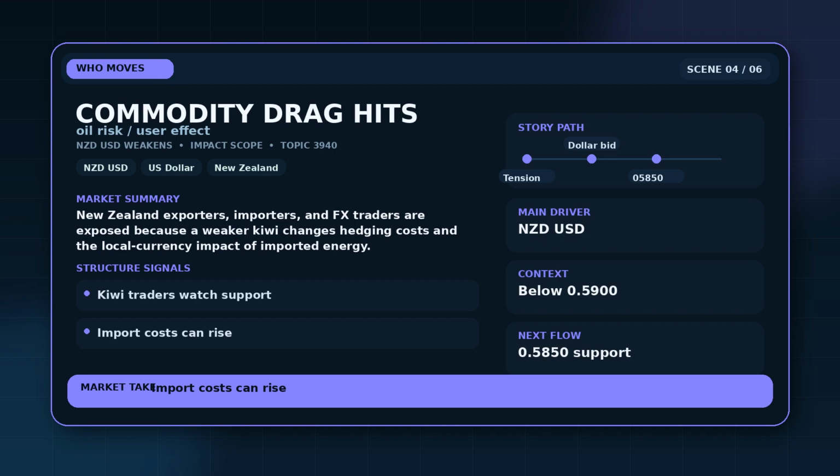The impact lands where the mechanism meets real users or markets. New Zealand exporters, importers, and FX traders are exposed because a weaker Kiwi changes hedging costs and the local currency impact of imported energy. That means Kiwi traders watch support, and the practical consequence is that import costs can rise. This is the part of the story that viewers can actually use because it identifies who is exposed and what changes for them. The focus stays on NZD USD and the NZD USD move rather than a broad claim about every